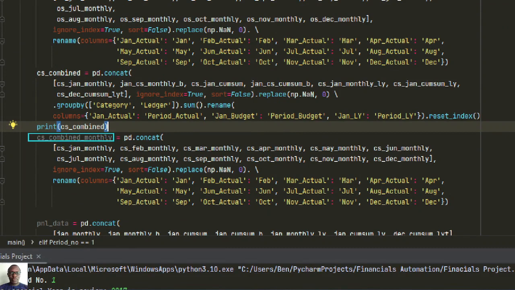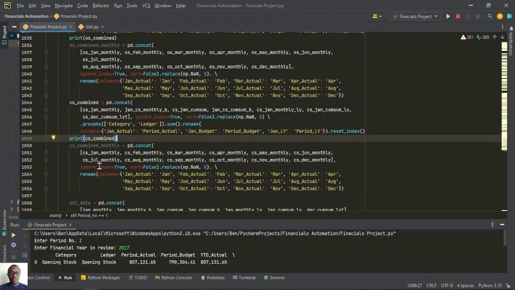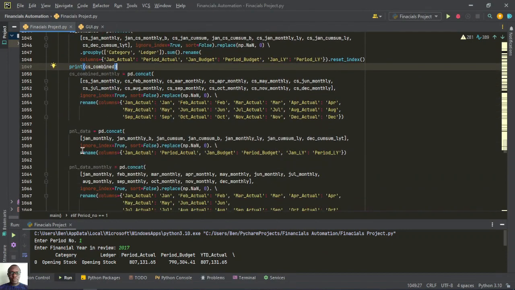Here we are talking about the data frames from January to December for closing stock, and then again we are trying to rename the column labels from Jan actual to Jan, up to December actual to December. Then other than the variables for opening stock and closing stock, we also have the variables for